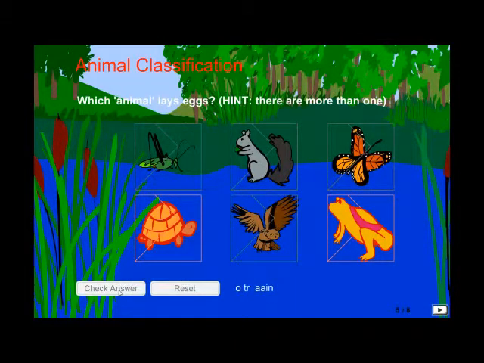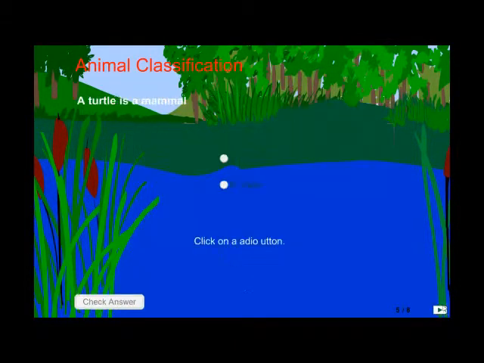Check answer. No. Turtle is a mammal. I'm going to say true. Check my answer. That is incorrect. The frog is a reptile. I'm going to say false. Click on check answer, and that's correct. So you can see how the Flash allowed me to do different kinds of interactions. The user manual on this site can